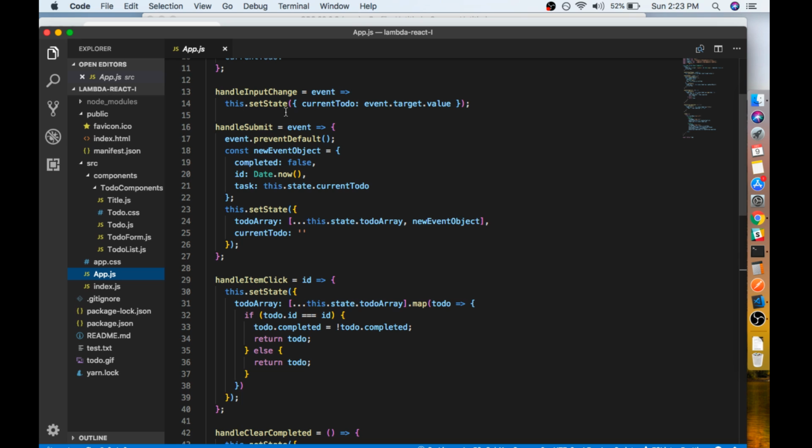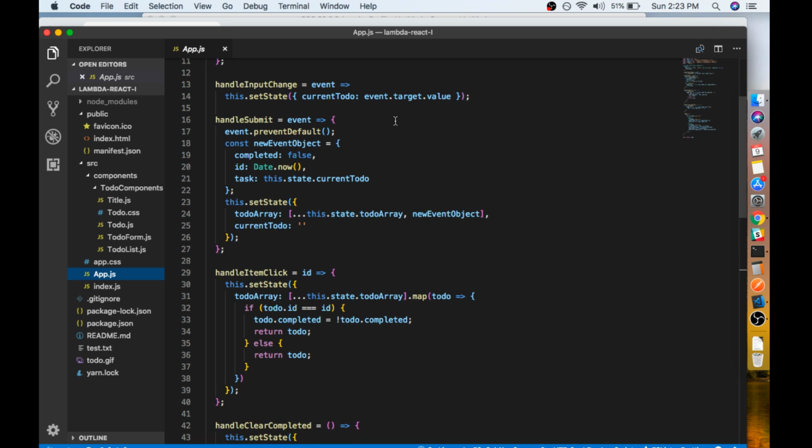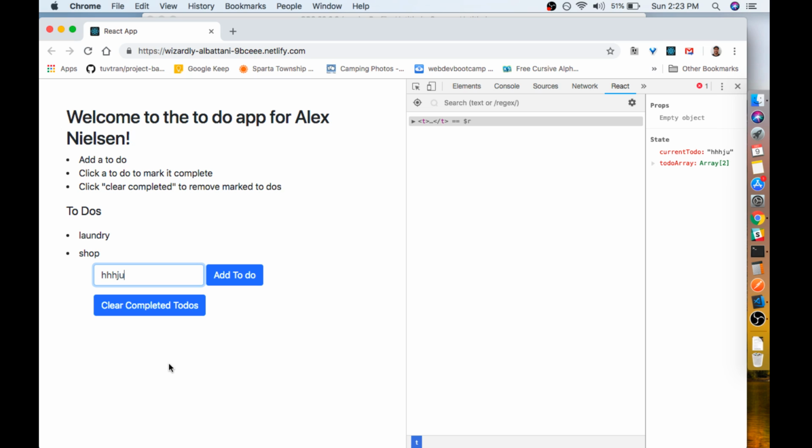So in React, you can't just modify the state directly. You have to use this setState function. So we're going to set state, and we're going to change the current to do to event.target.value. Here's the event that got sent to us. The target is that input box, and the value is whatever we put in there, right? So then instead of the current to do being an empty string, the state up here changes from the empty string to whatever the target value is over here, right? And you can see that over here in the state. You'll see every time it changes,